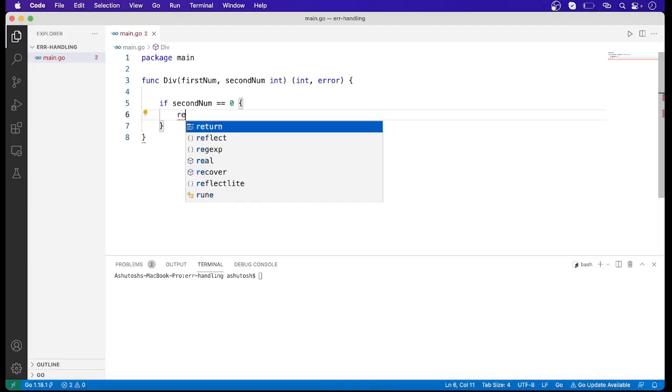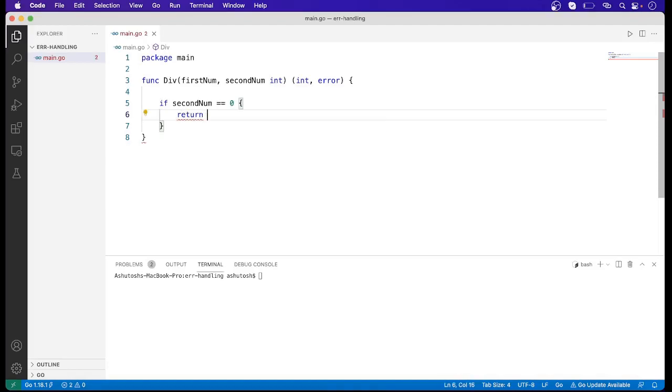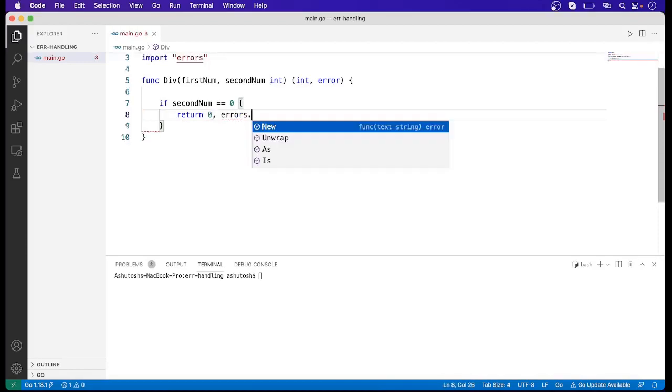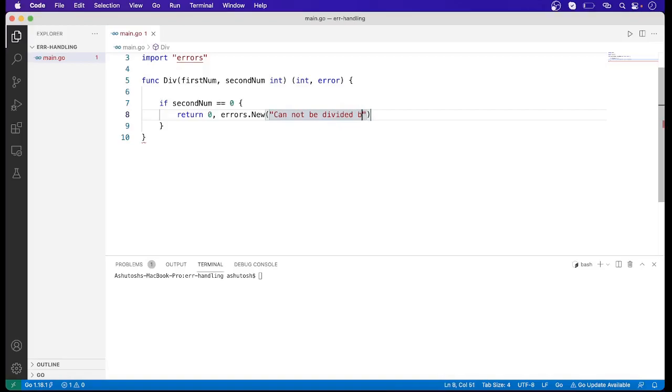So return 0 comma errors.New, and here we have to pass a message. We can pass any message here. Here I am passing "cannot be divided by 0".